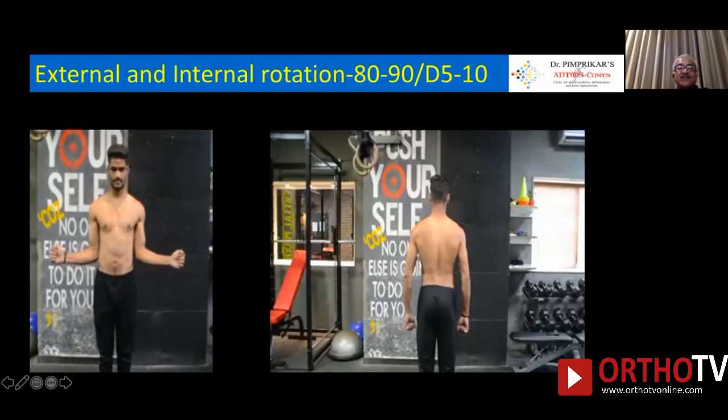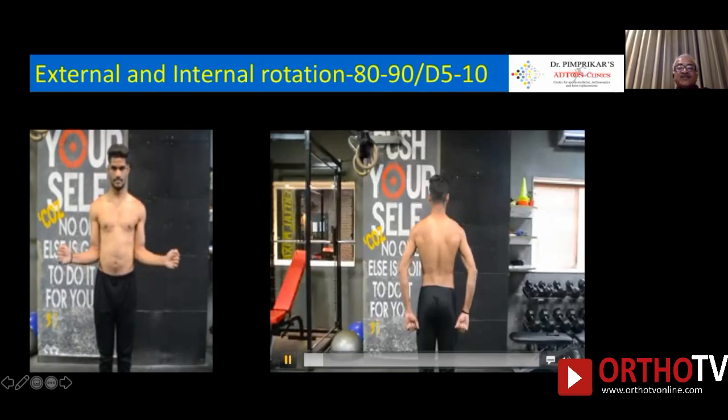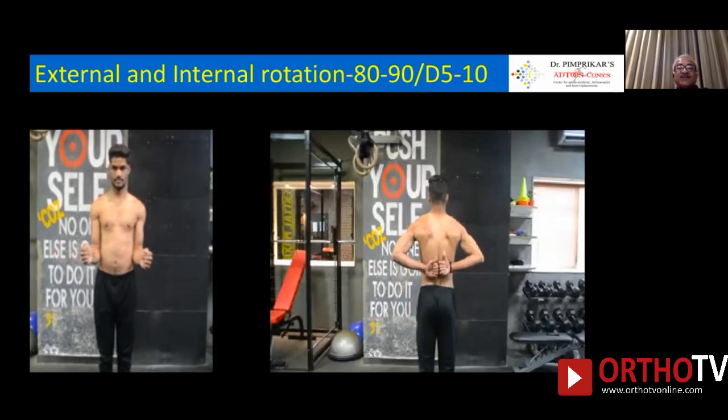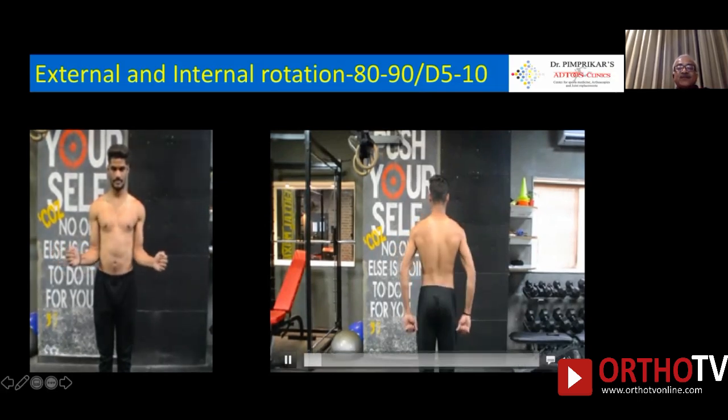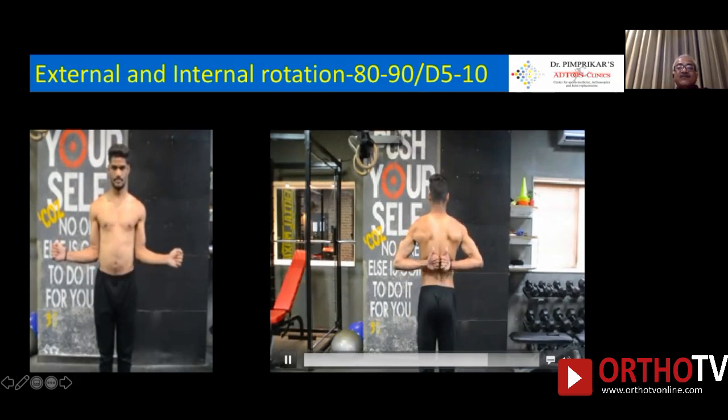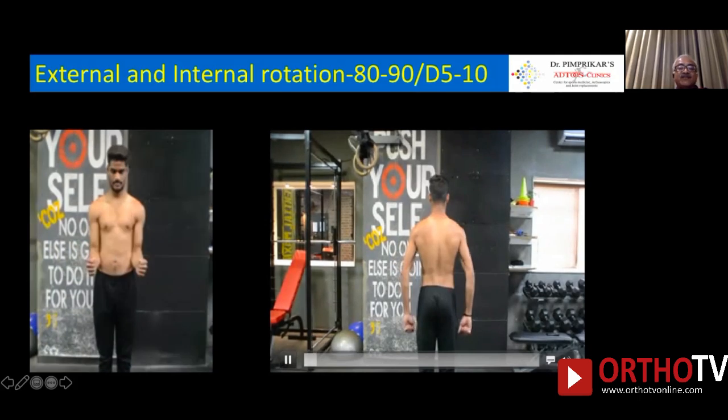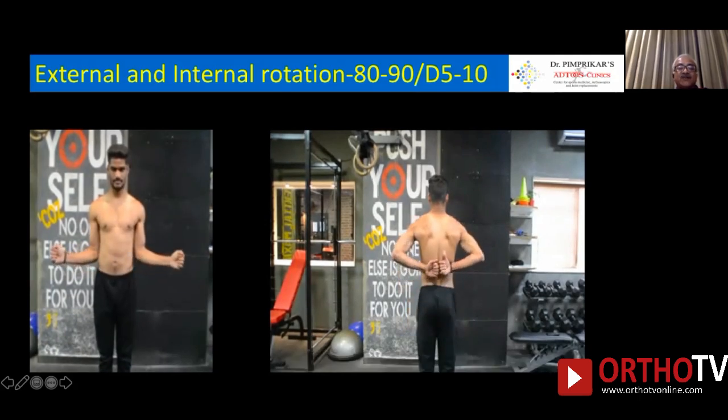When you come to the internal rotation in standing position, it is done by the thumb hitching method, and you can see the scapular spine there correlates with the D7 vertebra, and the thumbs are reaching well above D7, which indicates that the patient has got a normal internal rotation, and it is identical on both the sides.